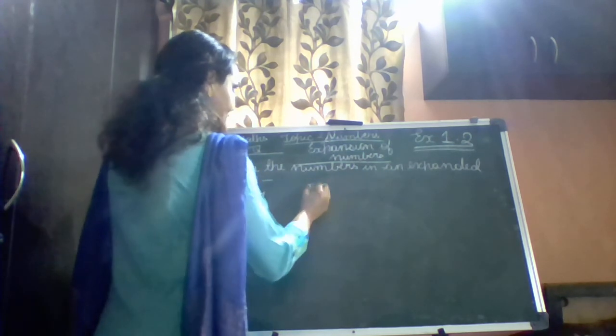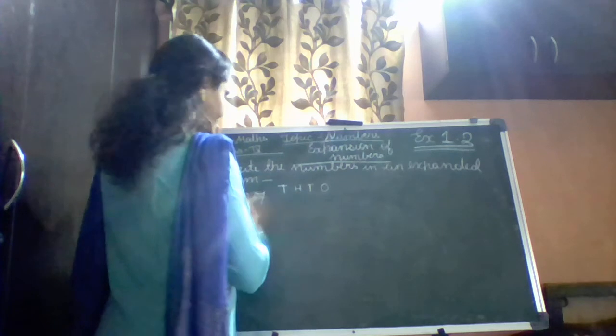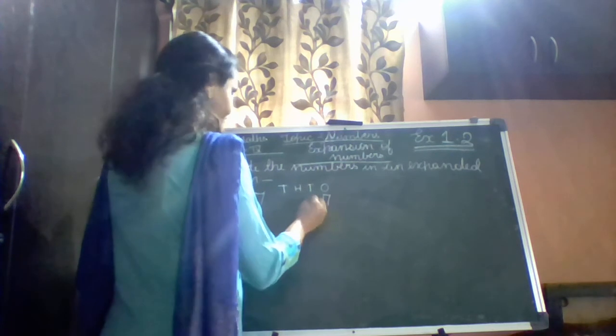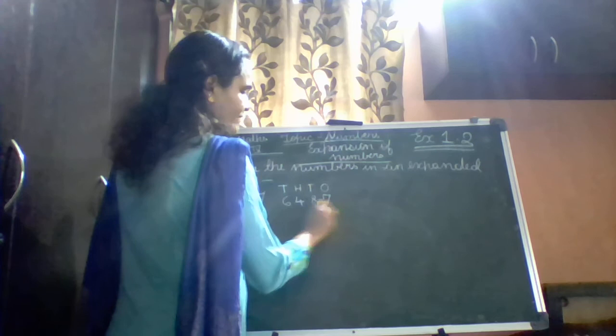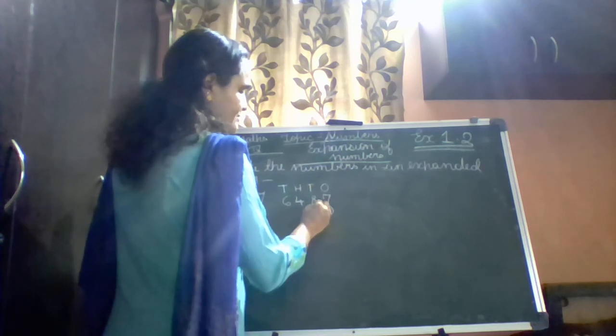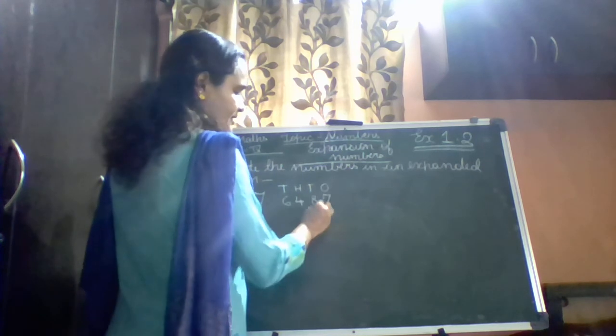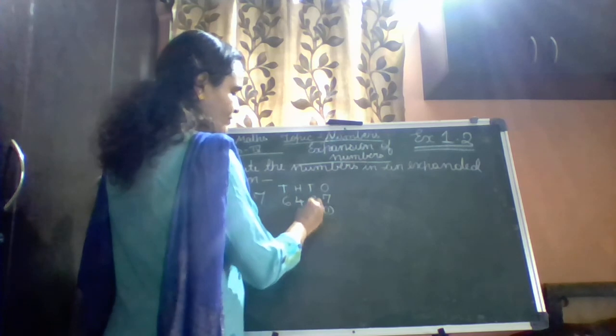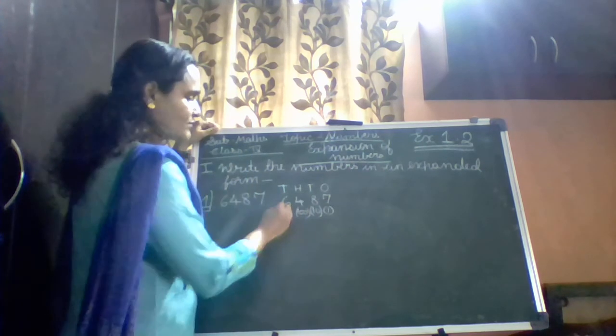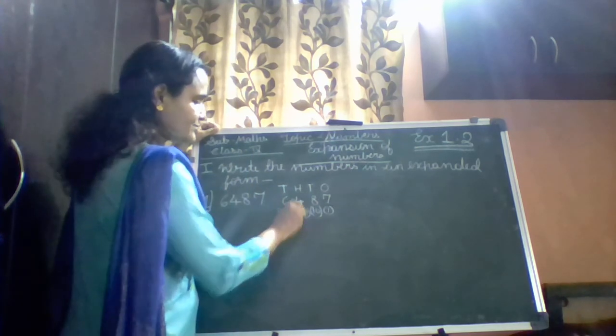Units are ones, tens, hundreds, thousand. Write the number below this: 7, 8, 4 and 6. So this is ones. This will be 1. The 8 is in tens place, 1 followed with 1 zero. 4 is in 100, 1 followed with 2 zeros. 6 in 1000, 1 followed with 3 zeros.